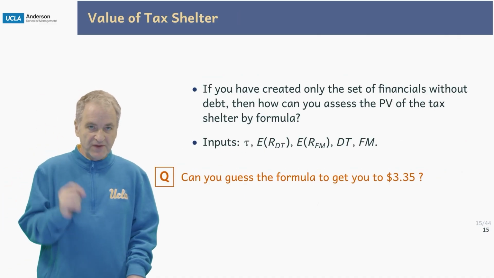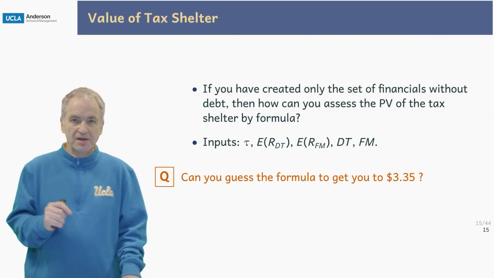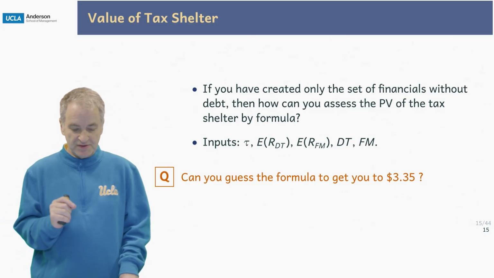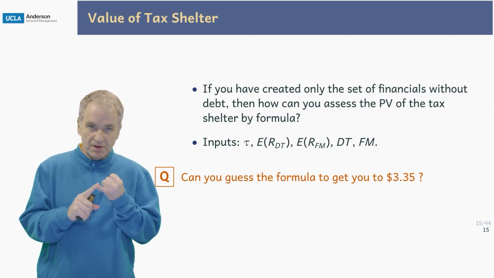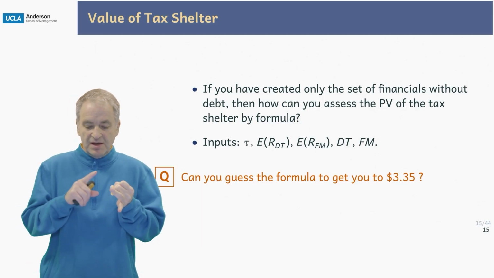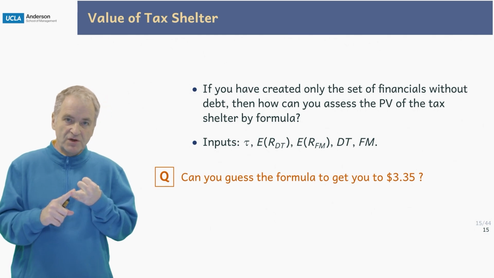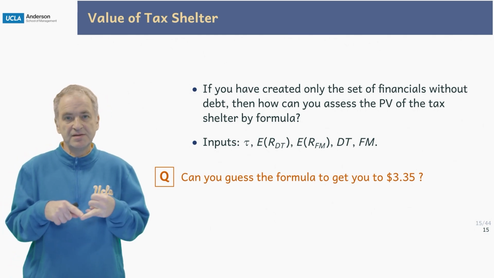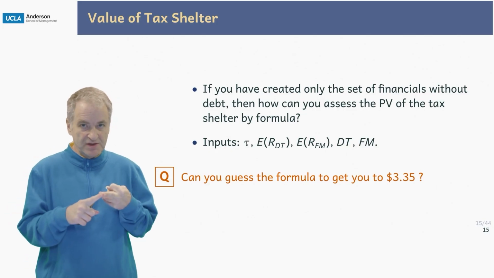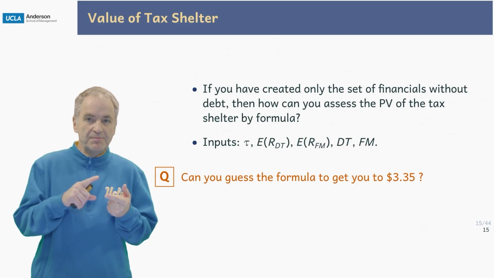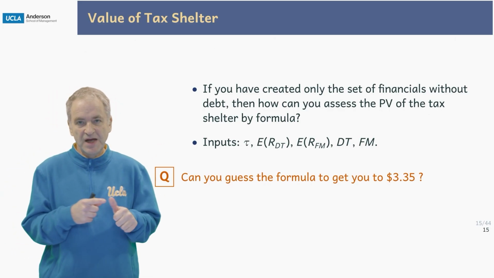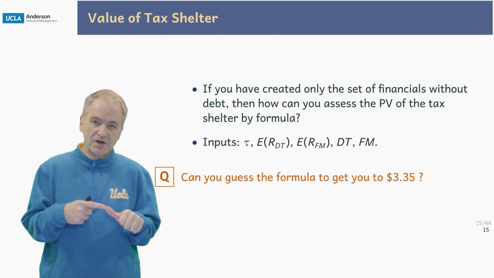Let's just talk about the value of the tax shelter itself. So we want to create a formula that uses the inputs that are available to us. What are those? Tau, the tax rate that the company faces, in our example, 30%. The appropriate expected rate of return on debt, which in our case is simply 9%. The appropriate cost of capital on the firm, which in our example is 12%, the amount of debt that we are choosing, which was something like 139, and the value of the firm, which was going to be something like